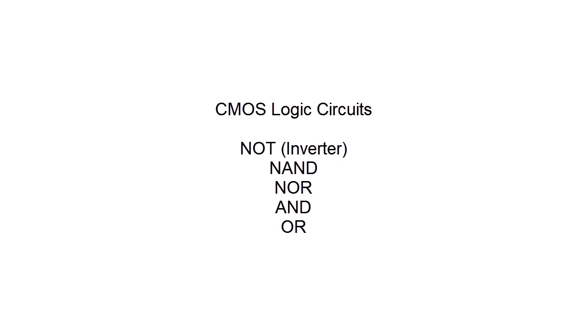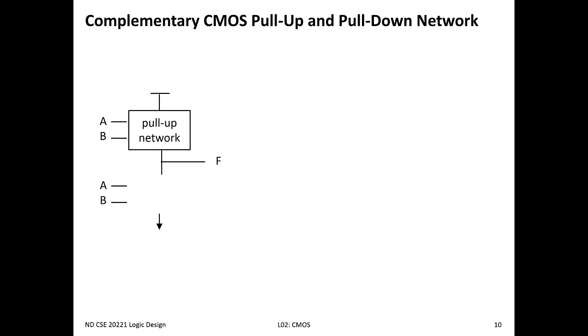In this video, we're going to look at the design of basic CMOS logic circuits. Each of our CMOS logic gates will have the following complementary structure. First, we have a connection to the positive supply voltage called VCC and another one to ground. Then we have our inputs, in this case two inputs A and B, a single output F, a pull-up network